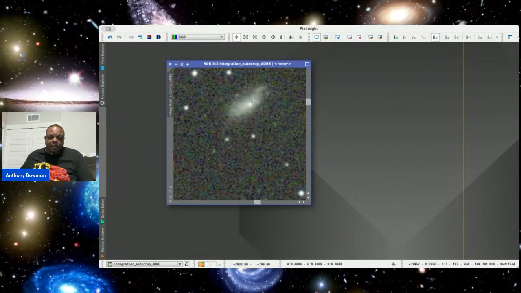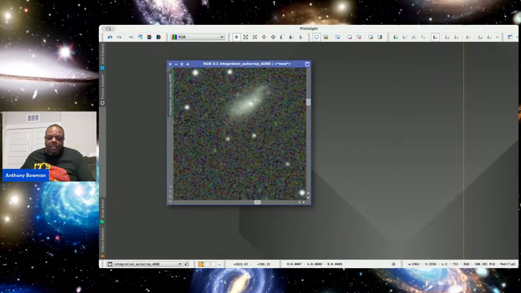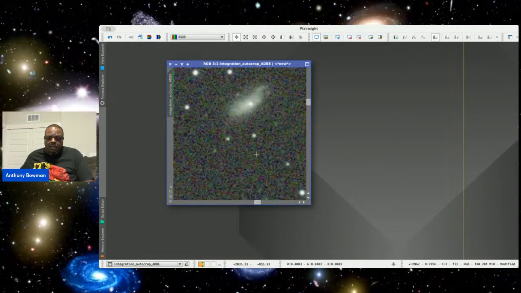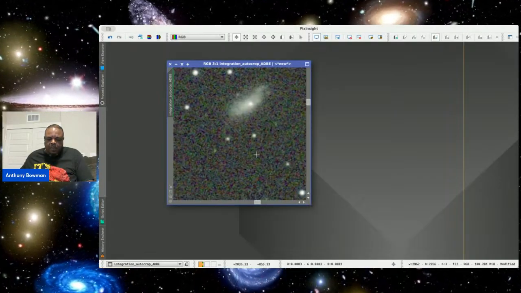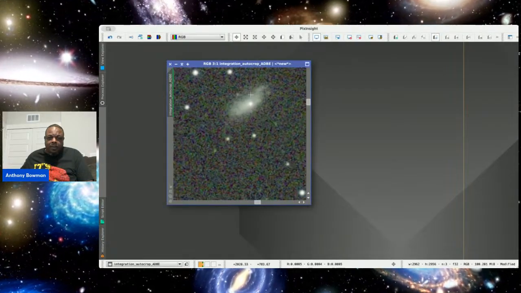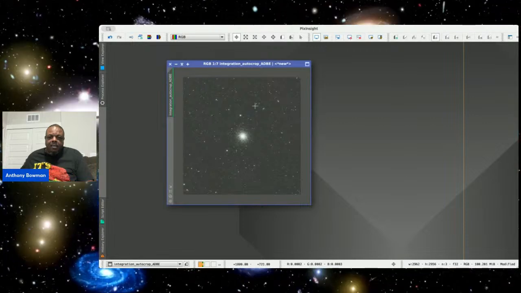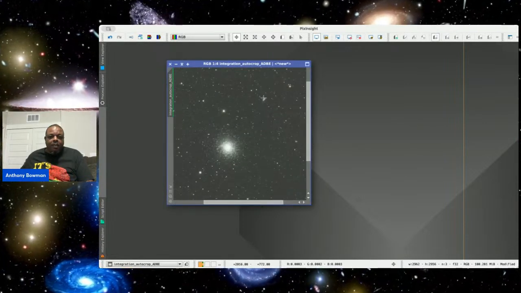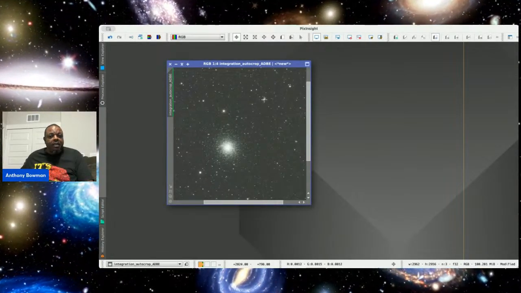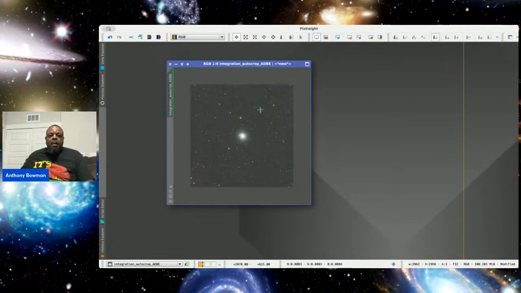We got a galaxy in here too. That's a galaxy right there, y'all. You can tell by how smudgy it looks. It looks like a smudge there. Yeah, these are stars, nice round stars, but here it's kind of smudgy. So that's a galaxy. Now that's very, very far away. This is within the Milky Way, but this here, that's another galaxy. So that's very, very far away. That's why it's so small.